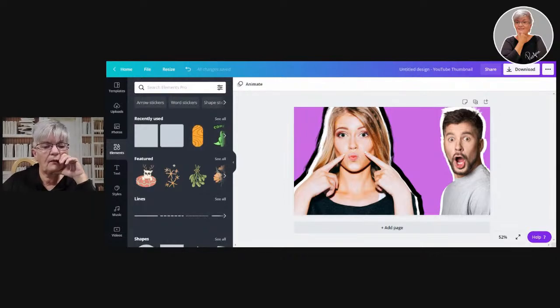You have several websites where you can use a color picker if you want to pick a color from a photo. But I was looking for, is it this? Might be this. Give me a second here. This is one of them. I'm gonna